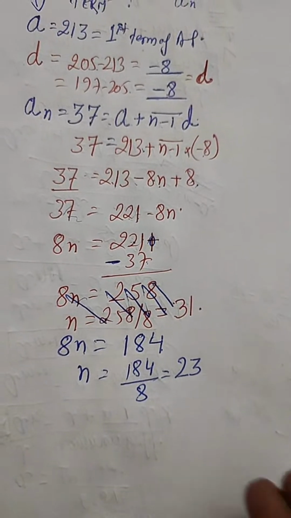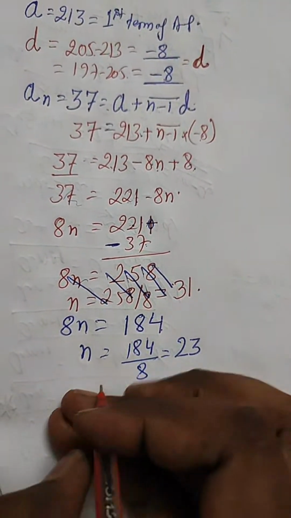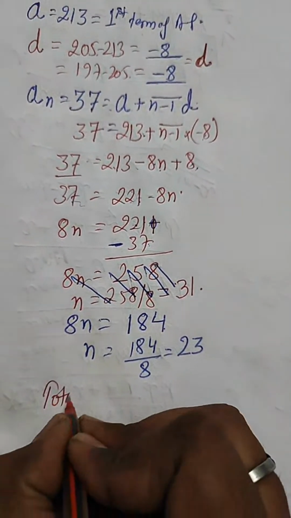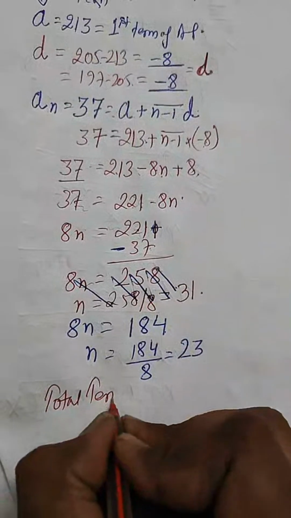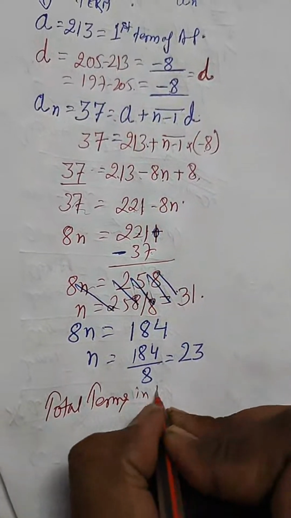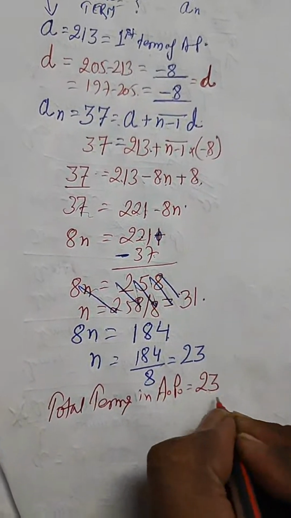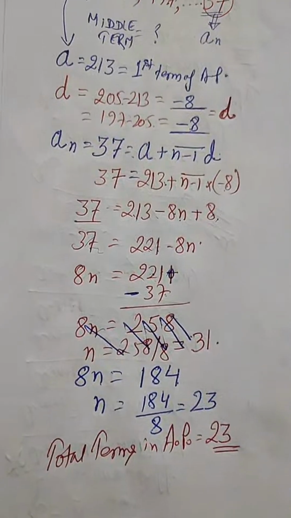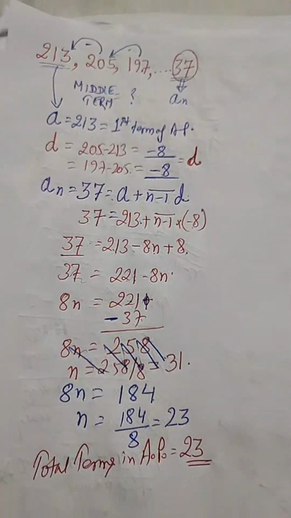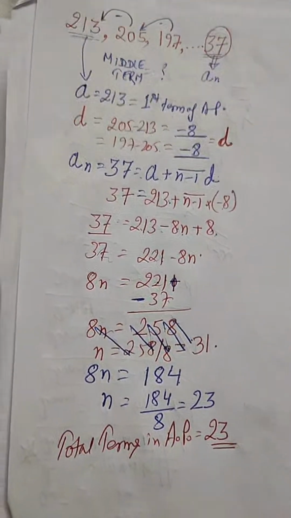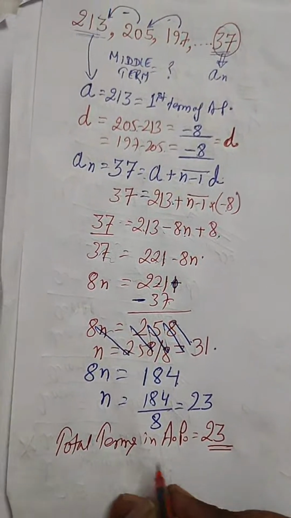So the total terms in the given AP is how much? 23. So if there are total 23 terms in the given AP, then we can say that